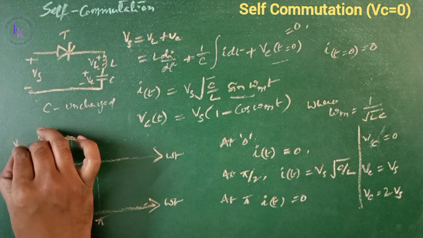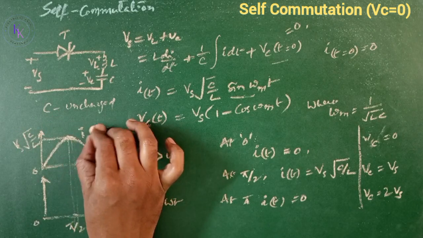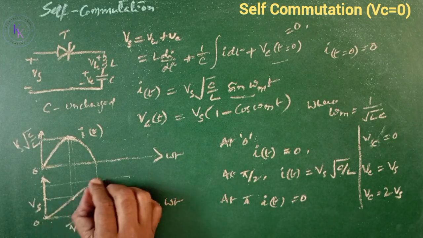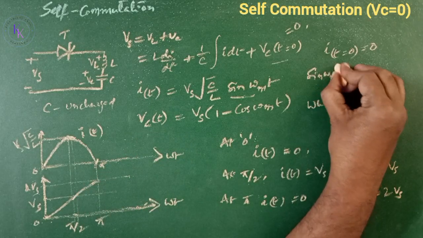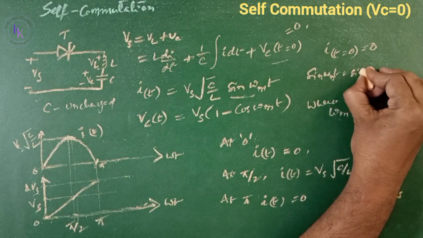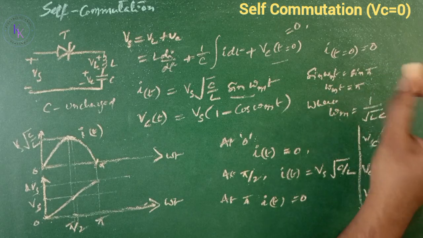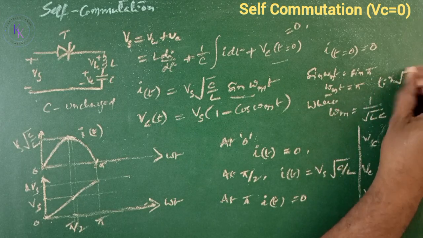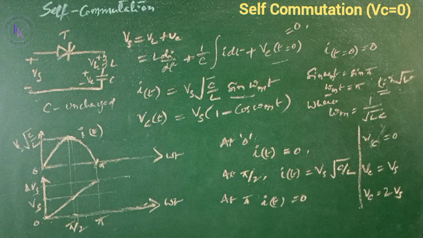The maximum value of current is Vs root of C by L. This is I of t, and the voltage goes 0, Vs, 2 Vs. It's happening at pi, when omega m t equals pi. Now if you substitute the omega m value, t equals pi root LC. So at t equals pi root LC, the charging current becomes 0 and the thyristor T1